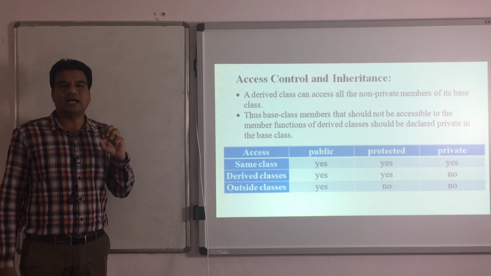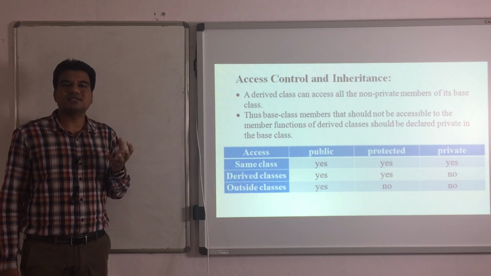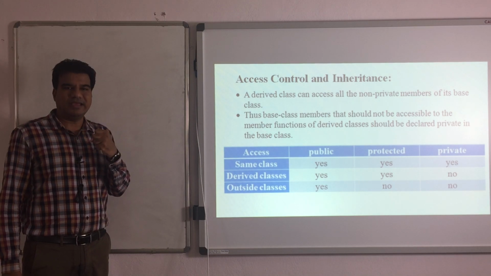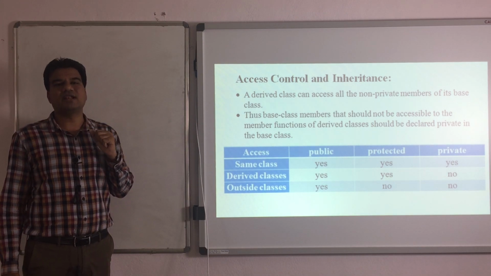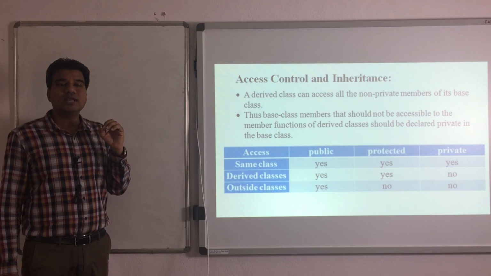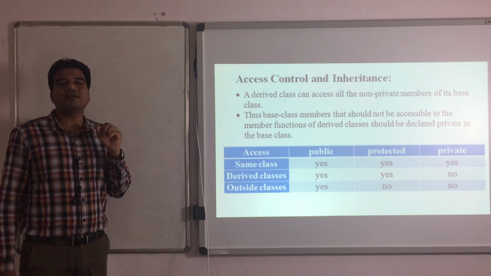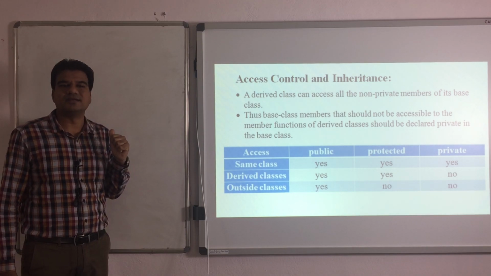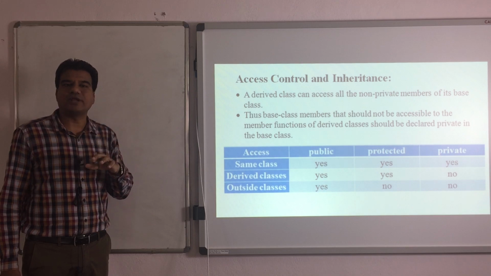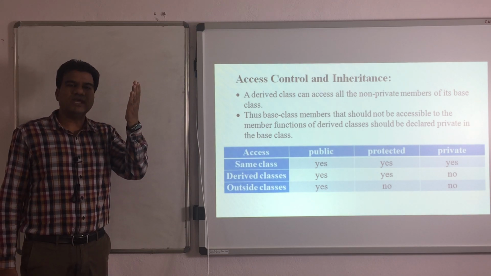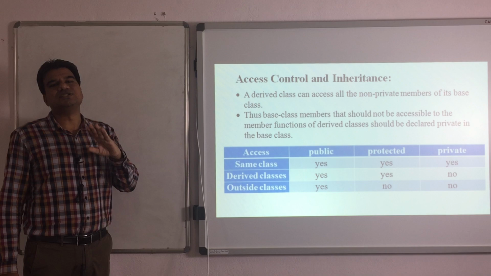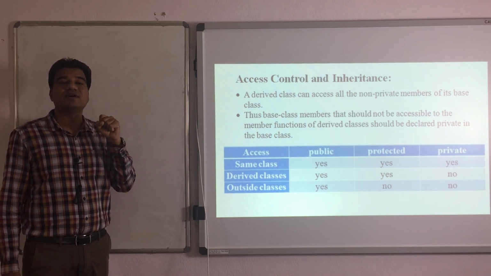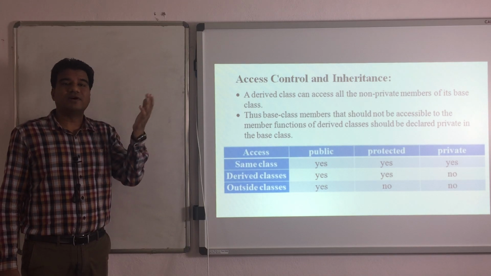By deriving a child class from the base class, what data members and what member functions can we inherit into the derived class? And we said only private members are restricted. Only private members are restricted in case of inheritance. And the rest, like public and protected, you can access from the base class to the derived class, from the parent class to the child class, unless you have imposed any further restriction.